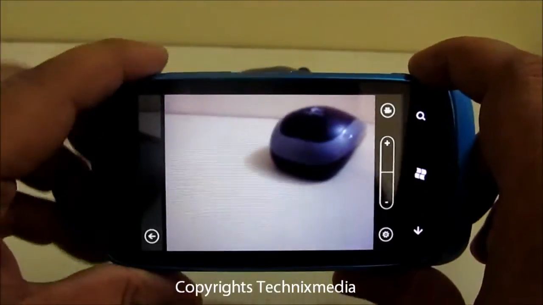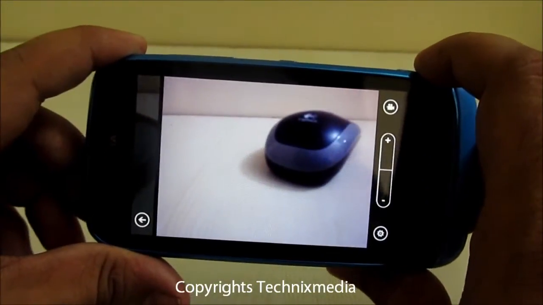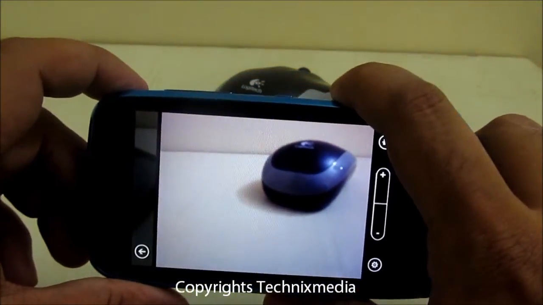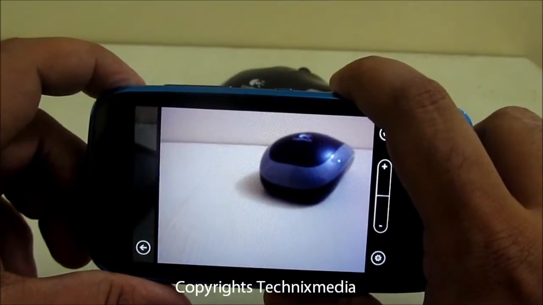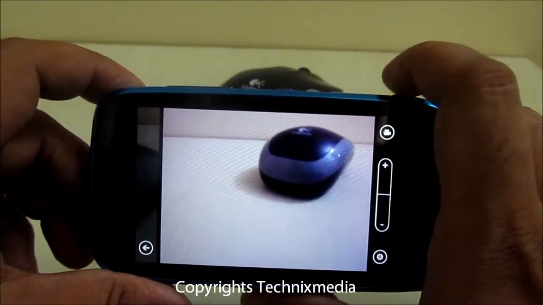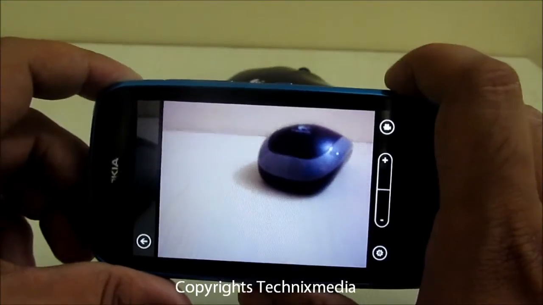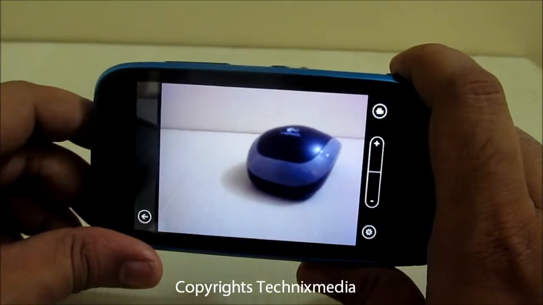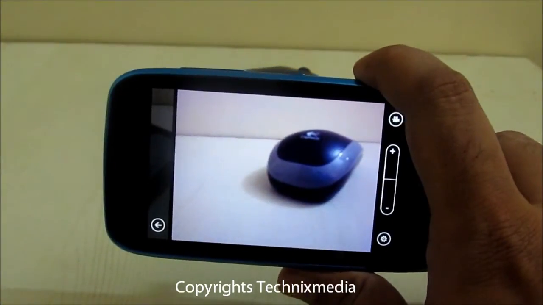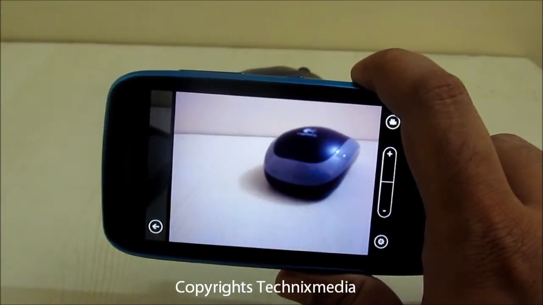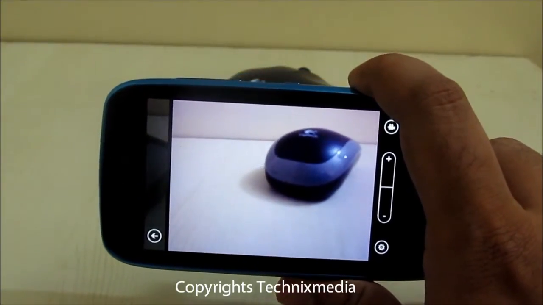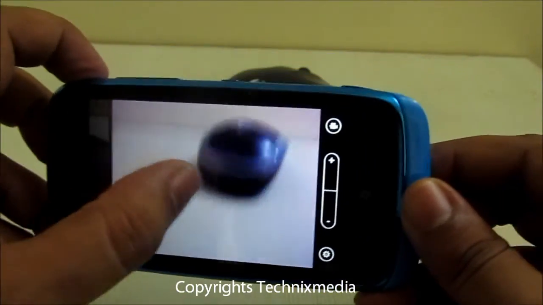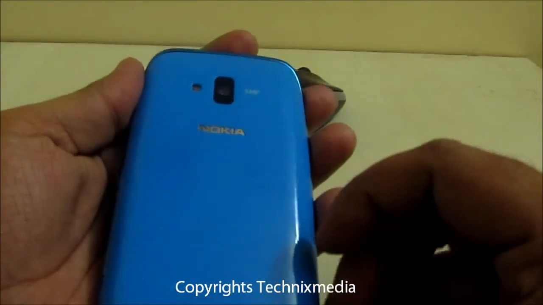So the overall options which are there in the camera on this phone are pretty good, but the overall camera quality on this phone is quite average, not very high, but still it is much better than any other budget Android devices or any other phone which you have in this segment. This phone comes for around 12,000 Indian rupees, and that is the MRP of the phone, still you can get this phone for much lower price by bargaining at your nearby Nokia priority dealer. So that's all from us regarding the camera on this phone, which is a 5 megapixel camera with an LED flash,